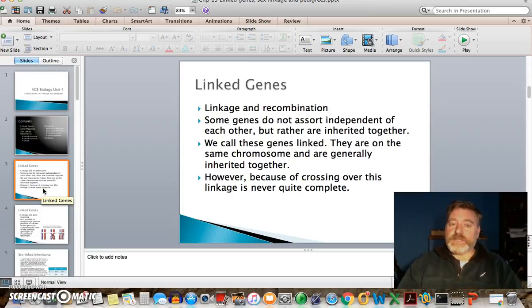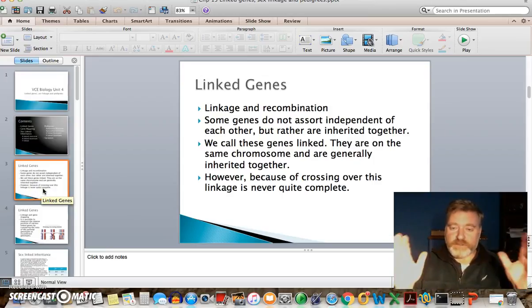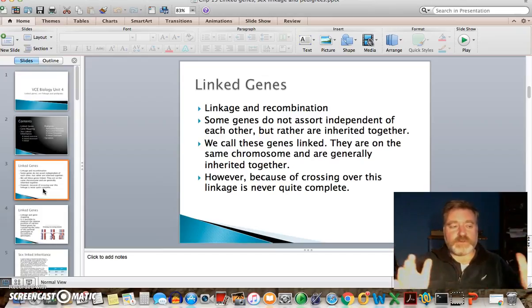Linked genes. If you've got a chromosome, a big chunk of DNA, there's going to be more than one gene locus, or position, on the chromosome. So each chromosome has many genes, and they tend to get inherited together, because the chromosome gets inherited in one piece. We talk about linkage between genes and gene trains, where a number of genes get inherited as a group, and we see these traits in medical conditions